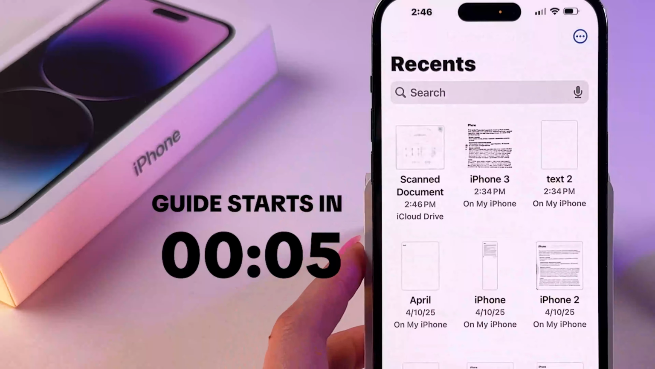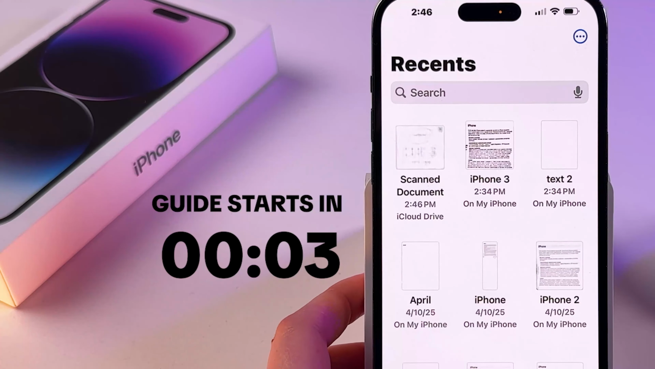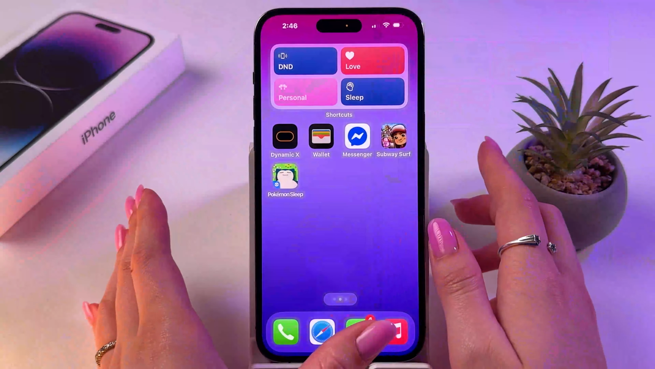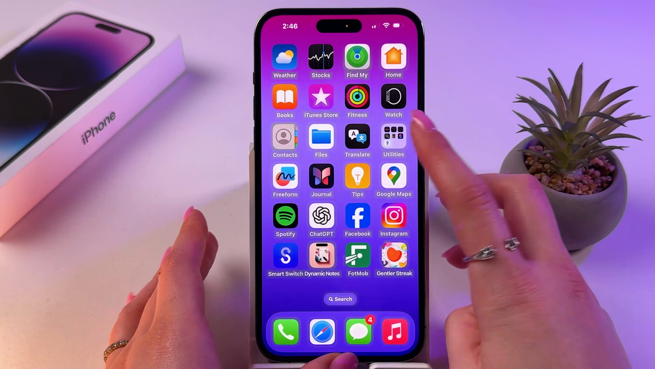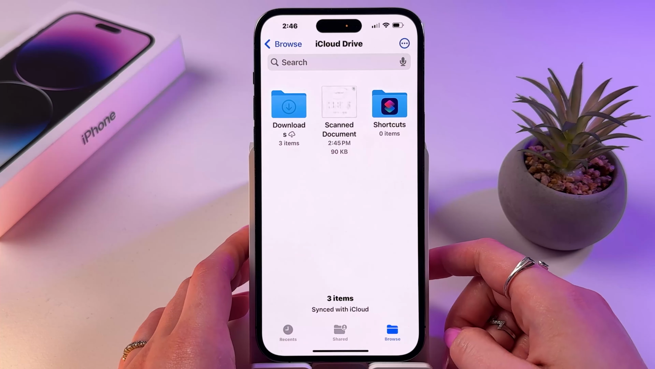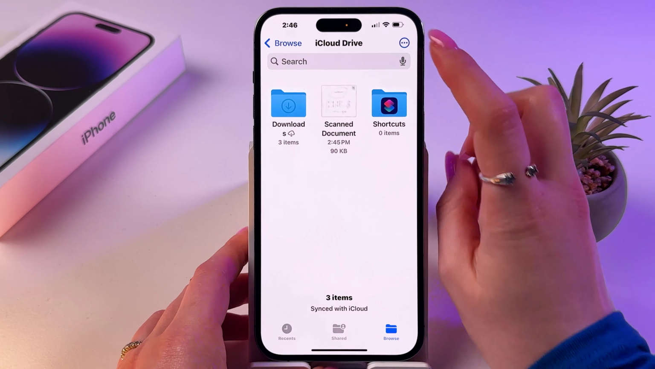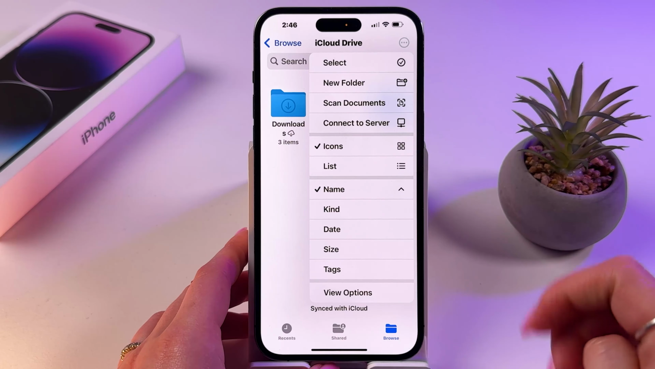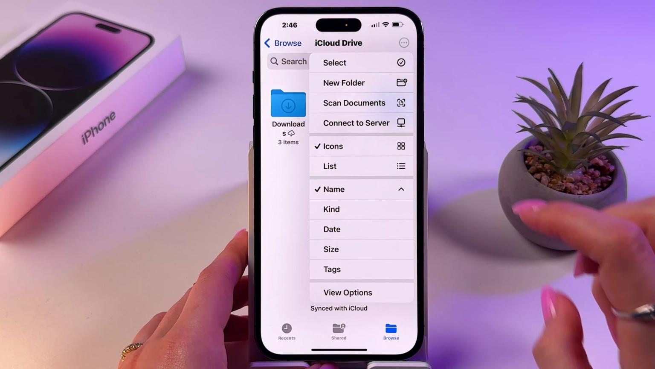Hi, let me show you how to scan documents on iPhone and save as PDF. For that, we need to go ahead and find Files app, which is installed here by default. Now make sure to tap on three dots in the top right corner and in the list of options find